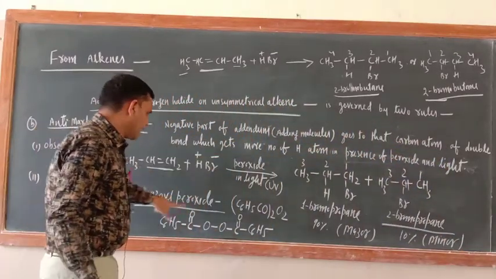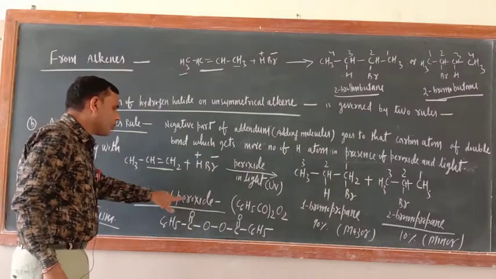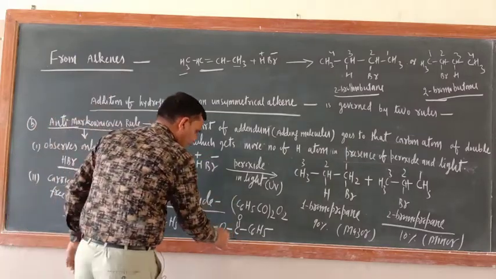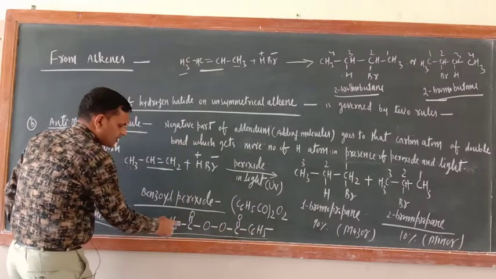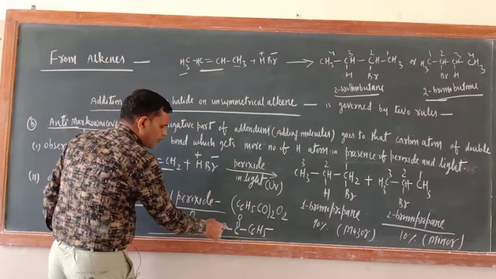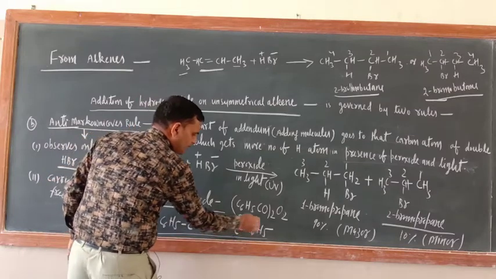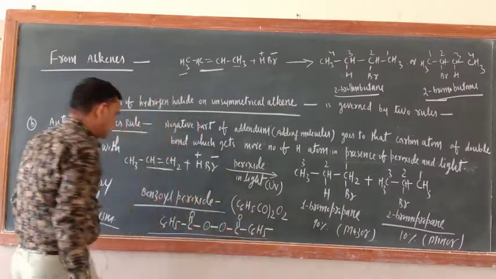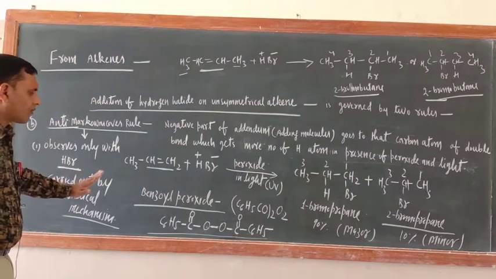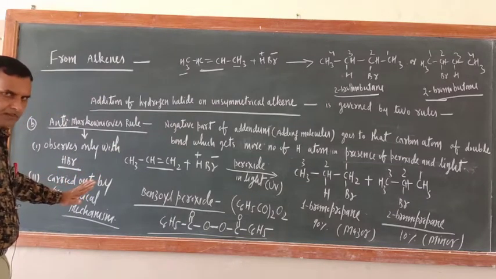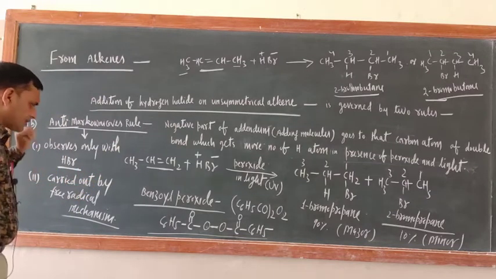Now peroxide, I wrote an individual example. Benzoyl peroxide. This is the formula. This is the structural formula. C6H5 C double bond O. Just see, this is peroxide. Oxygen single bond is there, and C double bond O C6H5. Okay, so I hope that you have got this one. No problem. Yes. Now see another thing.